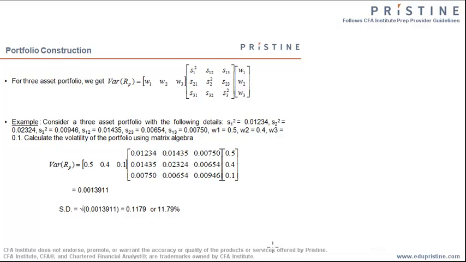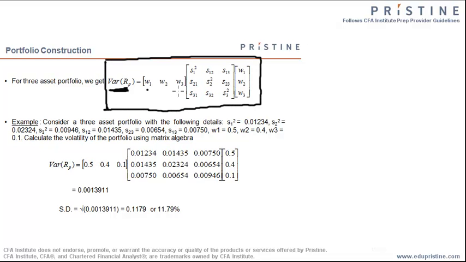A very important application of the matrix concept in the investment industry is the calculation of the variance of a portfolio return when you have three securities in the portfolio. This is how you obtain the variance for the portfolio return, by using this particular matrix multiplication. You have a row matrix, then a square matrix, and then a column matrix. This is the weight of each of the securities in the portfolio.